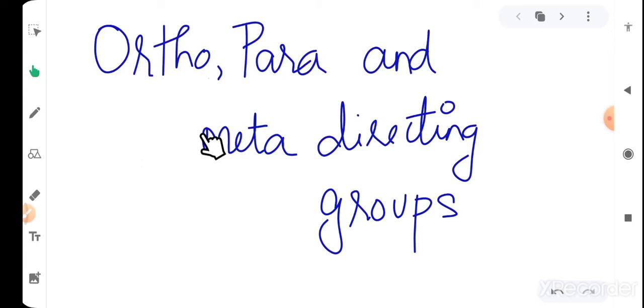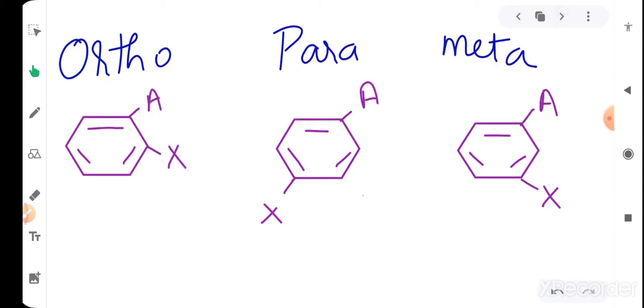In this video, we'll study the ortho, para and meta directing groups. First, we'll study what is ortho, what is para and what is meta. So, if I take a substituted benzene, if it is a di-substituted or tri-substituted one, the atoms will be attached to the benzene ring by removing hydrogen atoms. So, if the atoms attached are just